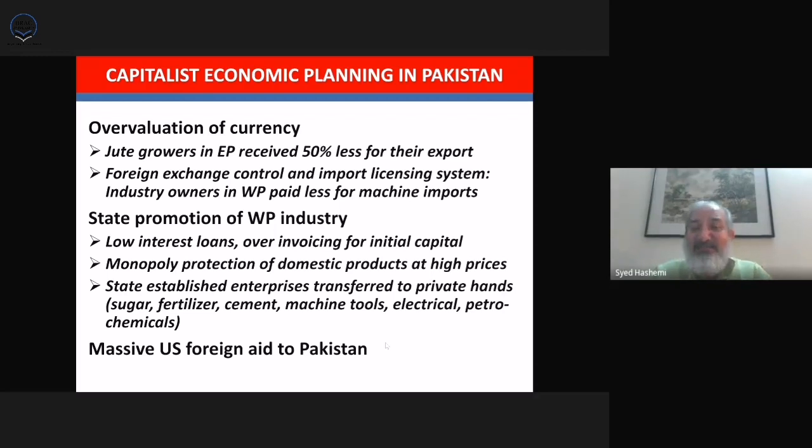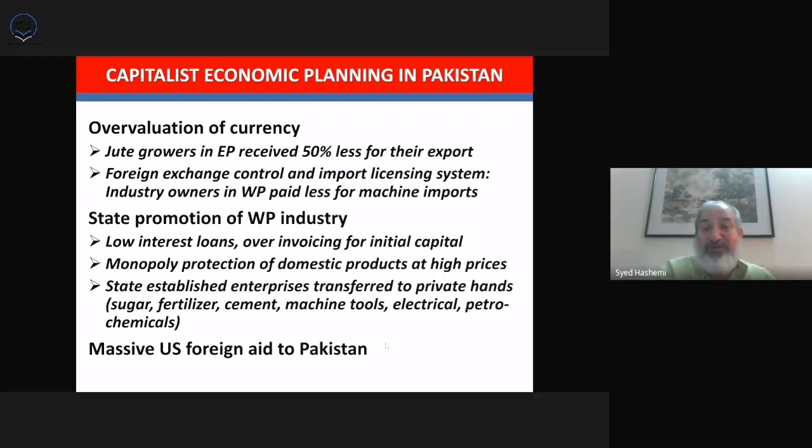The Pakistan government overvalued the rupee from 10 rupees to 5 rupees per dollar. Now what would that mean? It would mean that when West Pakistani industrialists were buying capital goods, machinery from the West using dollars, instead of paying 10 rupees for each dollar, they were only paying 5 rupees for every dollar